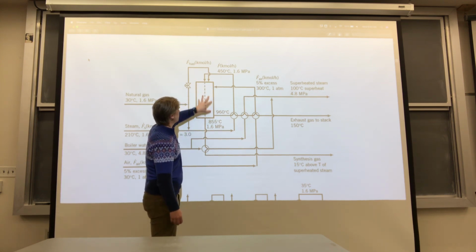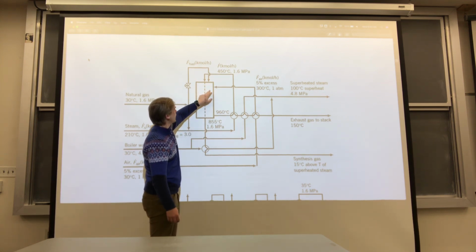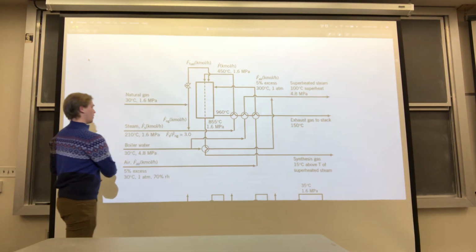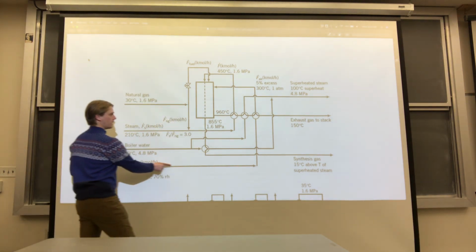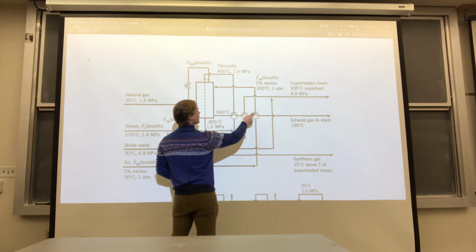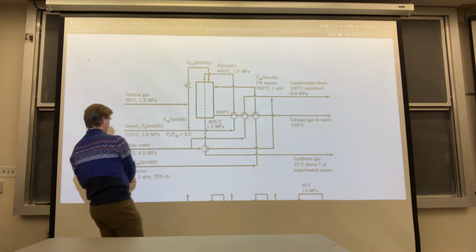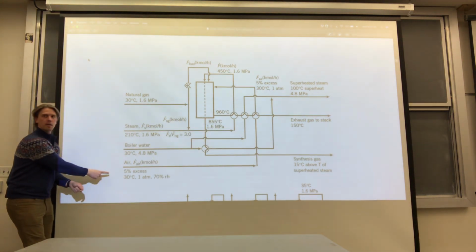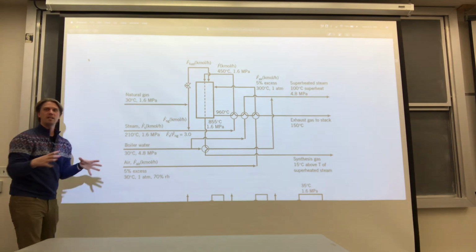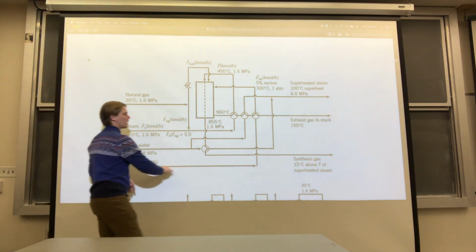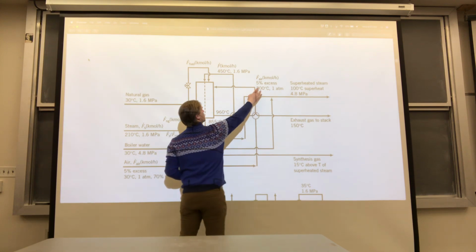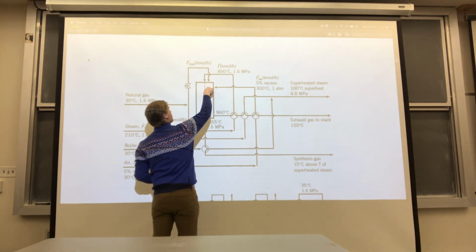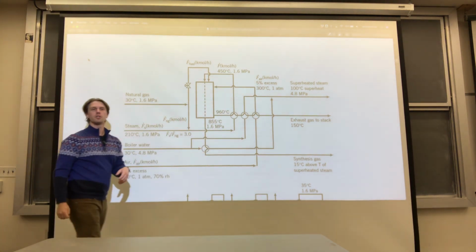This line here is sort of saying that the whole burner is being burnt with natural gas. And you can also see that we have the air coming in. The air gets preheated to 300 degrees C from its inlet at 30, right? So we're not wasting any energy in the process. The air comes in, it gets preheated to 300, it mixes with the methane, and that is the source of